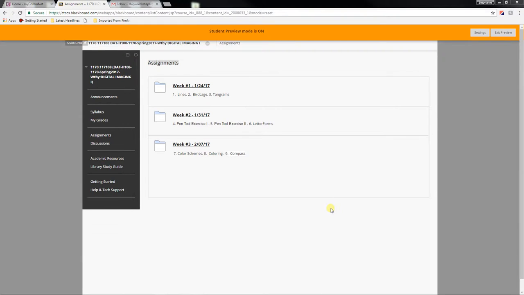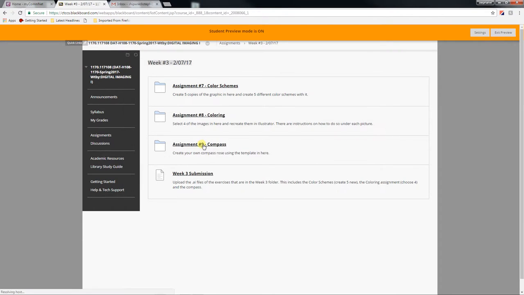Okay, so while the previous 2 weeks have dealt with Illustrator and all of the various types of outlines you can do in Illustrator, this week we're dealing mostly with the fill, and maybe working with that with the lines. But the first assignment, if we bring that up,